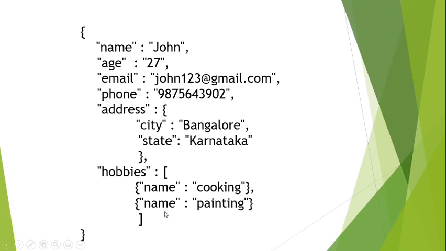And hobbies is a list. In a MongoDB document, you can have a list. So hobbies is a type of list. MongoDB allows you to create complex relations between data and store them in one collection, which makes working with it and fetching the data very efficient. Whereas in case of SQL, you need to write some complex joins between different tables to fetch the data.